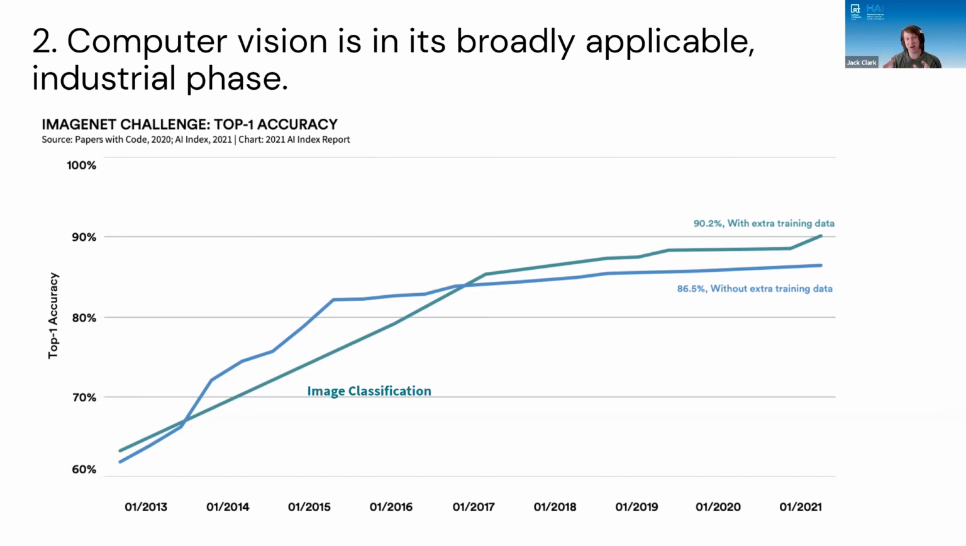What you're seeing here is a graph that shows what's called top one accuracy on ImageNet. That's a measure of, if I show you a picture and I ask you to label it, what percentage of the time is the one label you suggest correct? And we've gone from around 60% correct in 2013 to around 90% today if we use extra training data. There's a big difference in being right 6 out of 10 of the time to 9 out of 10 of